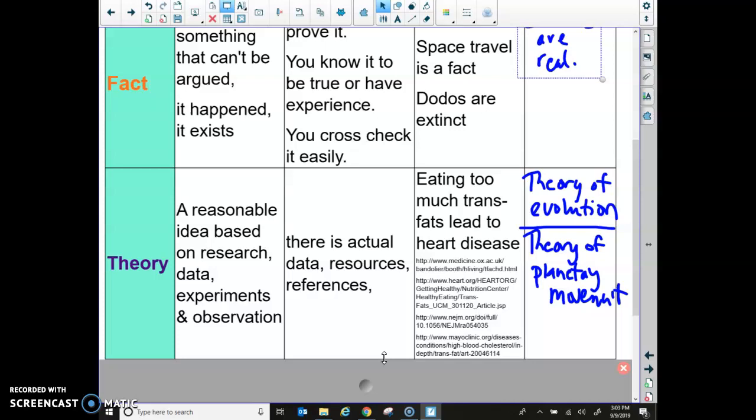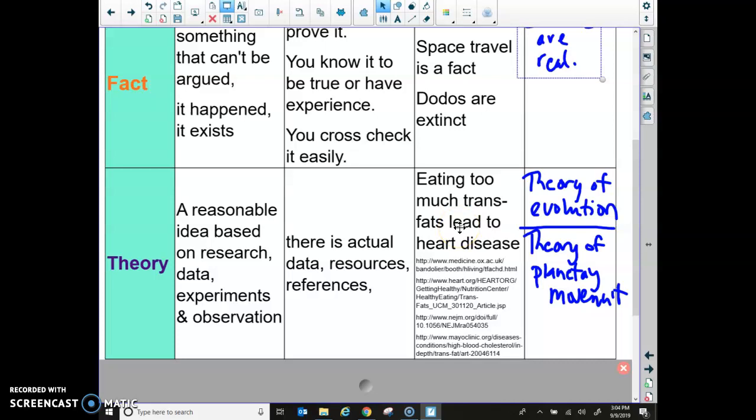This is something that scientists work really hard to gather massive amounts of data for, and they try to prove them wrong. Like the theory of evolution has had lots of people try to prove it wrong. Climate change theory, plate tectonics theories, these major ideas that in science we have attempted to prove wrong over and over again. The theory of relativity, the theory of gravitation, these aren't just little hypotheses. They're not little scientific opinions. They have lots and lots of data. And that's what's in this little box. You don't need to write these tiny words. This is just me showing you examples of evidence. These are just 4 of the scientific studies that support the theory that eating too much trans fat leads to heart disease.